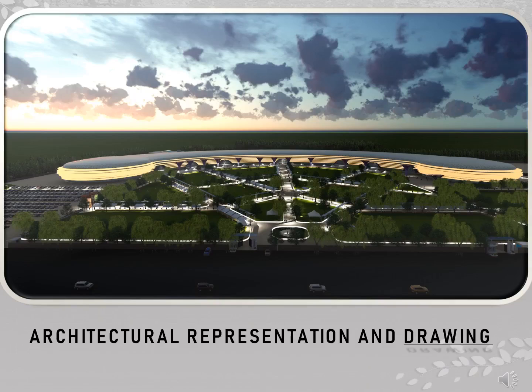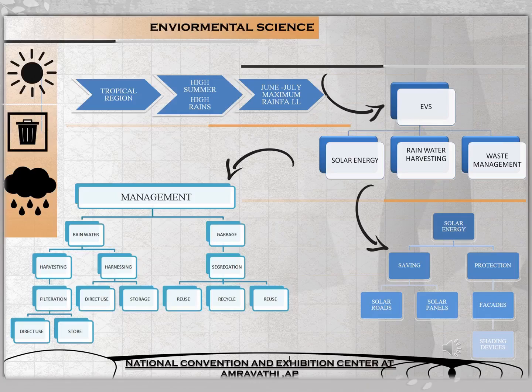Environmental science. The three major components that are looked upon are solar, waste management, and rainwater. For solar, there are two major bifurcations, such as savings and protection. For saving, I have used solar roofs and solar panels, and for protection, I have used shading devices over my facades. In rainwater management, I have designed percolation tanks for increasing the groundwater level. As mentioned earlier, the groundwater level in this area is certainly low. So by proposing such an idea for percolation tanks, after a period of time, the groundwater level would rise. For garbage management, the main steps for a public project are segregation, then reusing, recycling, and their